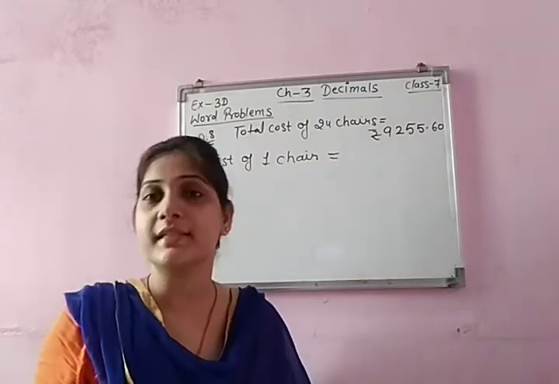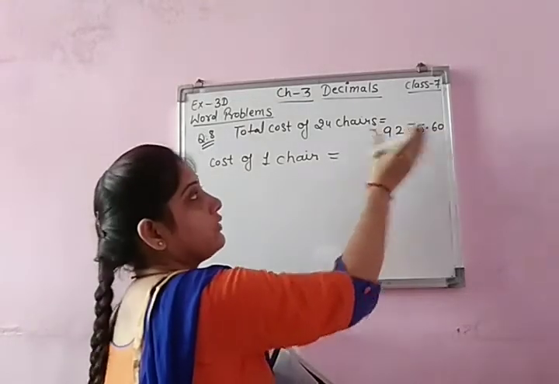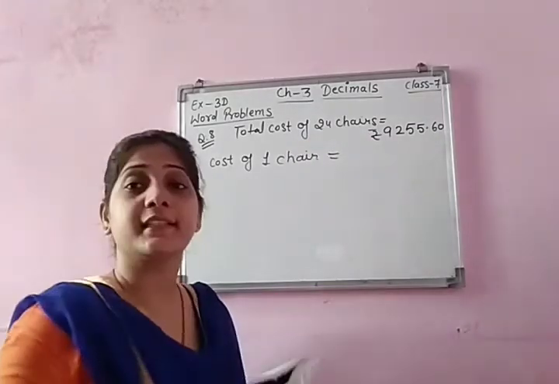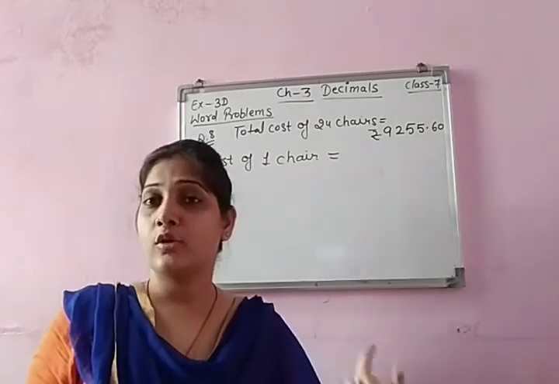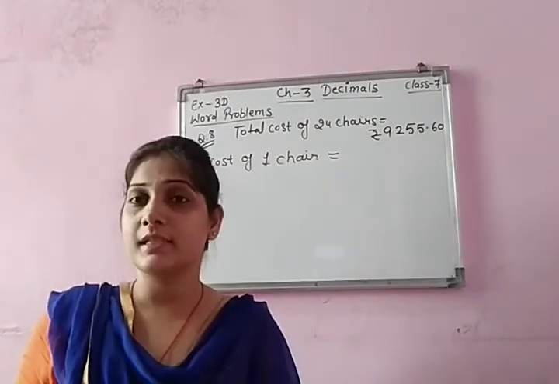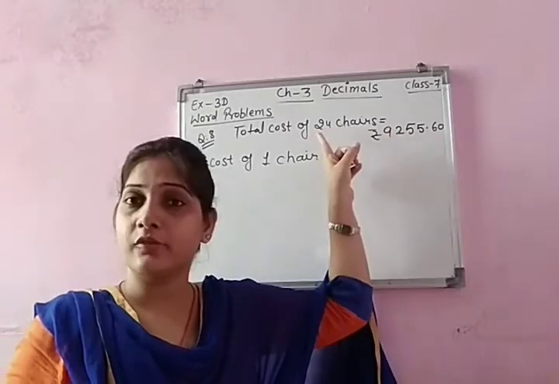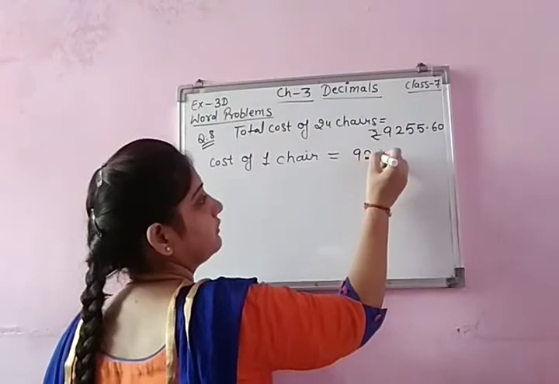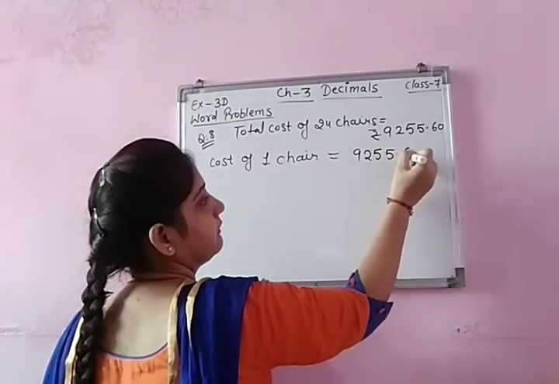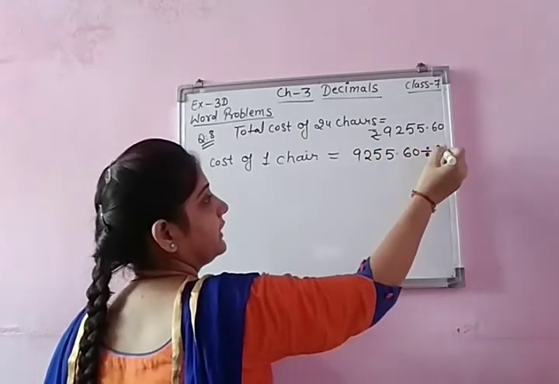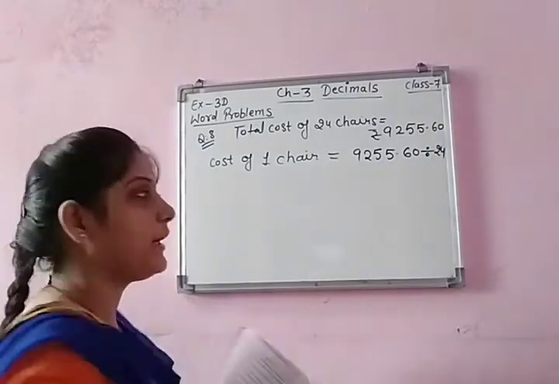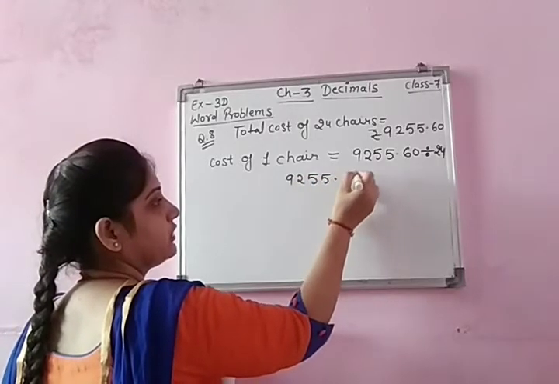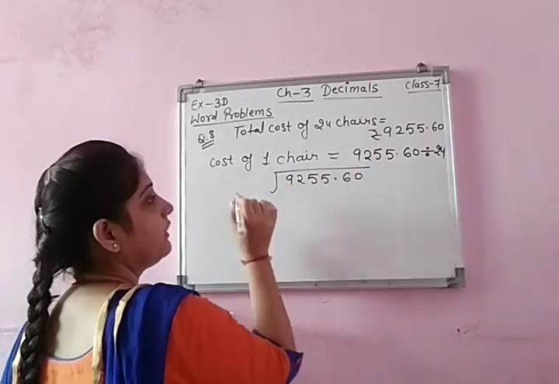And what do we divide by what? The total cost divided by the number. How many chairs are there? You can write the statement like that also, that the total cost is whatever is given and the number of chairs, so we can divide those two. Okay, write the statement according to your convenience, but it should be correct. Bigger number divided by 24. Let's do the division. You need to solve the full division because you are dividing a decimal number by a whole number.